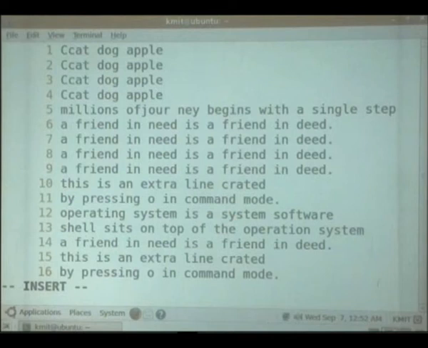Insert R. X is used for delete. Okay. Now this work, what did we do? I want to save it. Okay. How can we save it? For saving, we have one command called